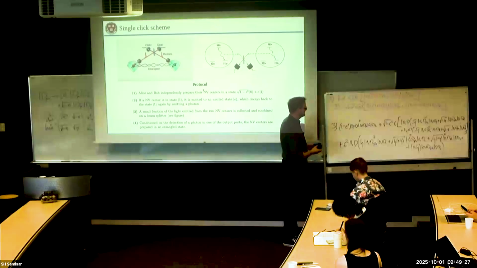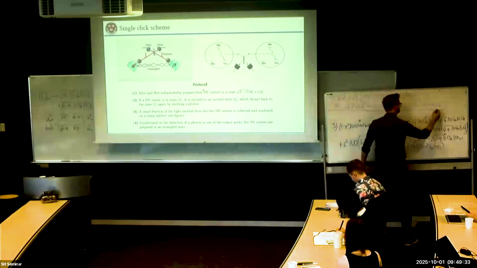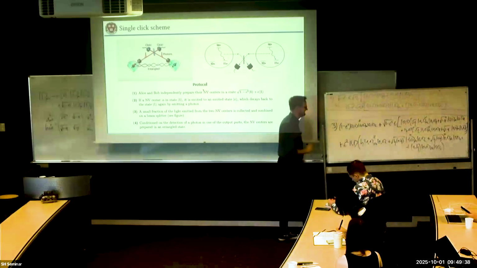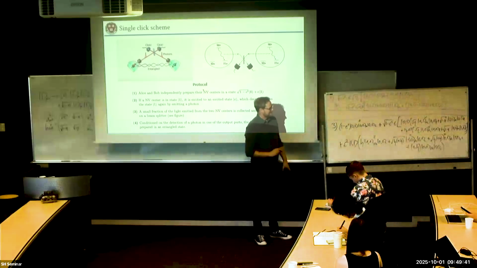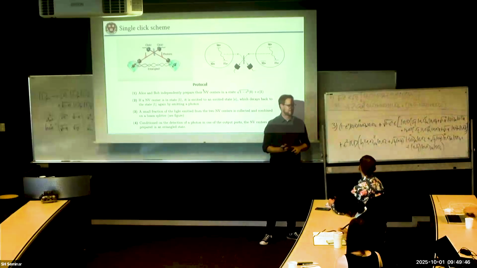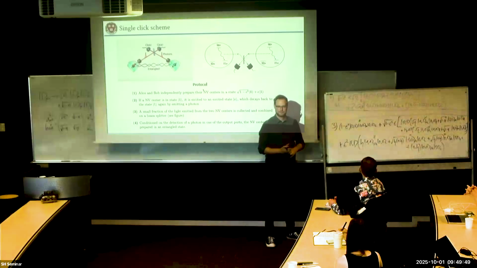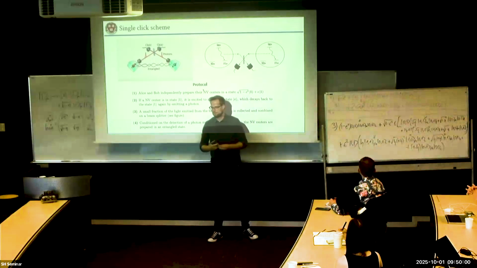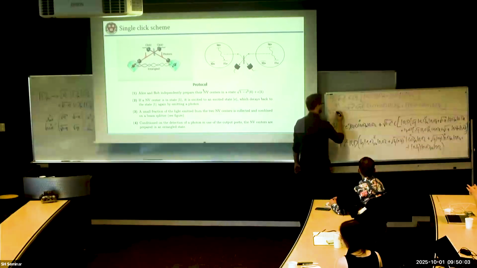Unfortunately, I'm a little bit short on space here, but let's see if we can fit it in here. Okay, so the probability that I get entanglement, you should be able to get from what I wrote here. So what is the probability that I get entanglement? That's right. So that's 1 minus epsilon squared,